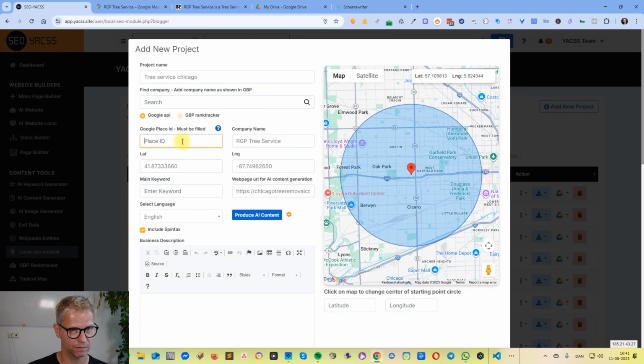Copy, place ID, and it was tree service,